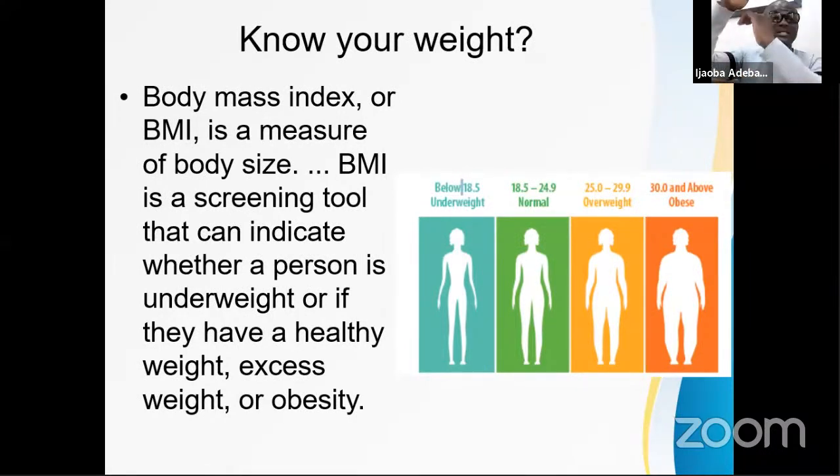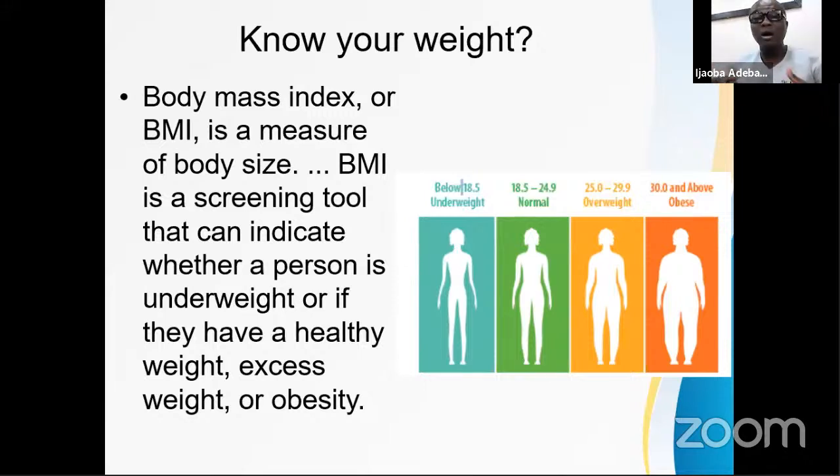I will repeat: body mass index equals your weight in kilograms over your height squared in meters. If your answer is less than 18.5, you are underweight. If it is from 18.5 to 24.9, you are normal, you have a normal weight. And believe you me, I belong to that category. I have a body mass index of 23.